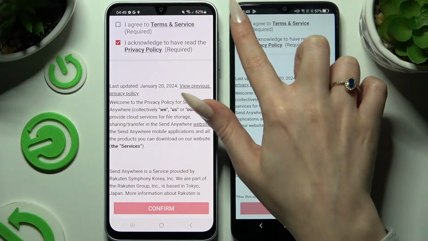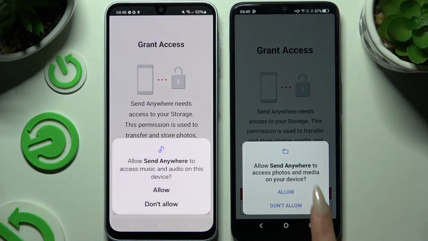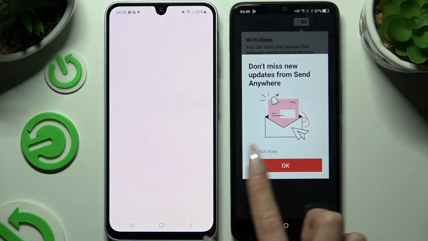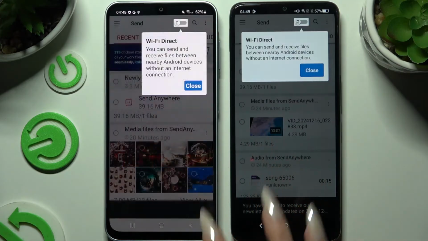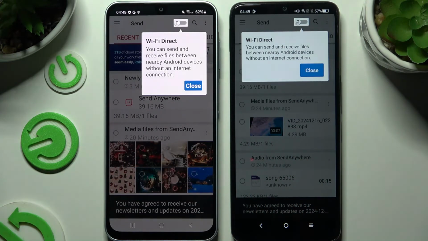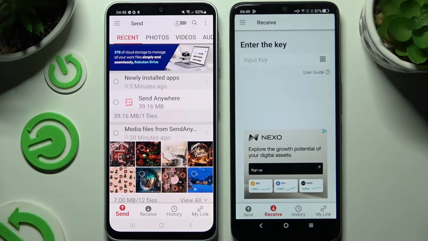I agree and I acknowledge. Confirm, continue and allow. In this window about new updates, choose whatever you want to and click on your device's displays. Now select Send at the bottom left corner of Samsung and Receive right next to Send at the bottom